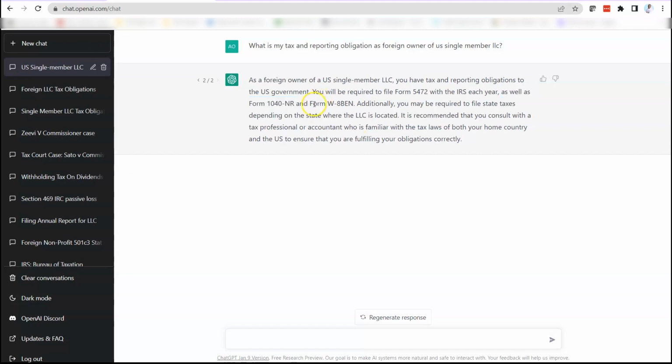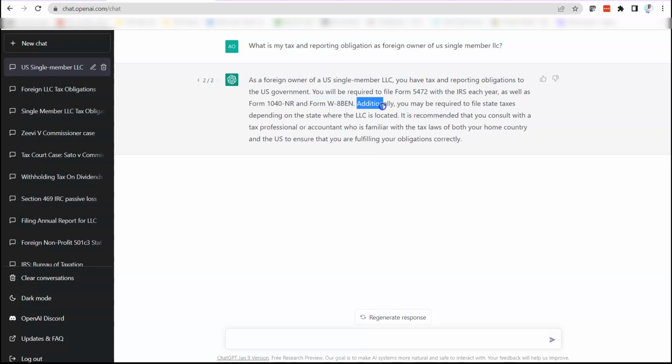Now, Form W-8BEN, this is also not correct. Form W-8BEN for what purpose? Also, we don't file Form W-8BEN with the IRS. It is usually someone who will request a W-8BEN from you, and then you complete it, and then you send it to that person before they pay you. So it depends. Form W-8BEN in this context, we don't know what ChatGPT is telling us to do with it. And then let's move on.